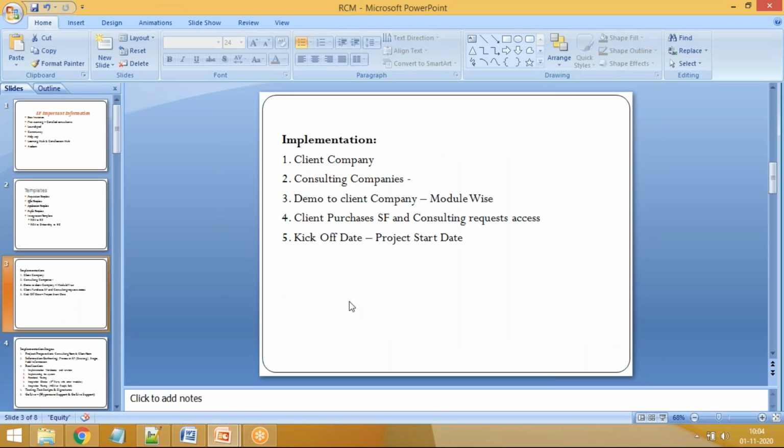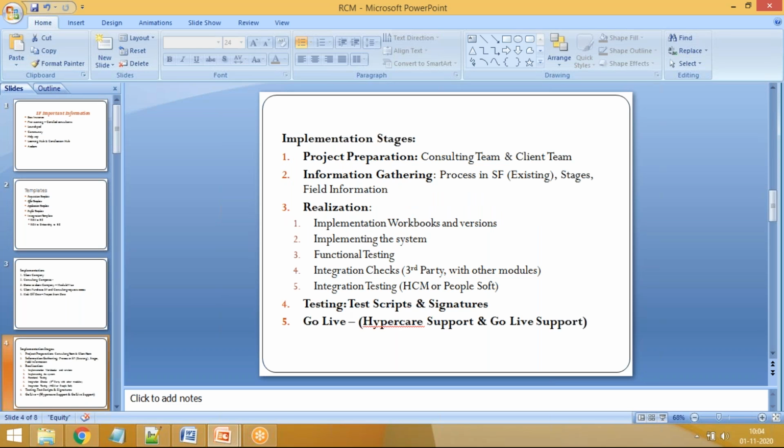Along with these, we will also discuss what the implementation strategies are, what implementation steps you perform in the organization implementation process, and what the different workbooks are that you collect, where all the requirements of a particular organization will be gathered. We will also discuss how to define a workbook and how to explain that workbook to our organization. All these will be discussed in our implementation steps, and what the different testing scenarios and support scenarios are,